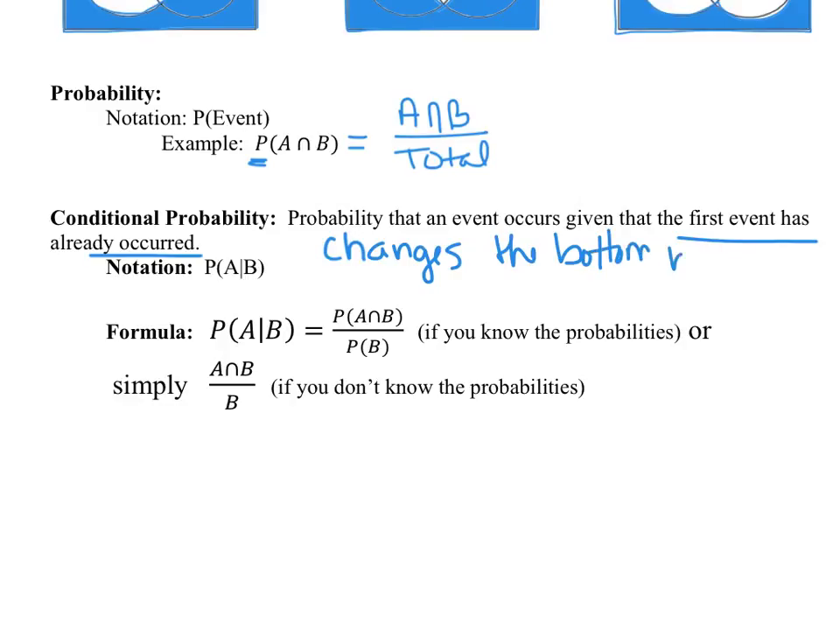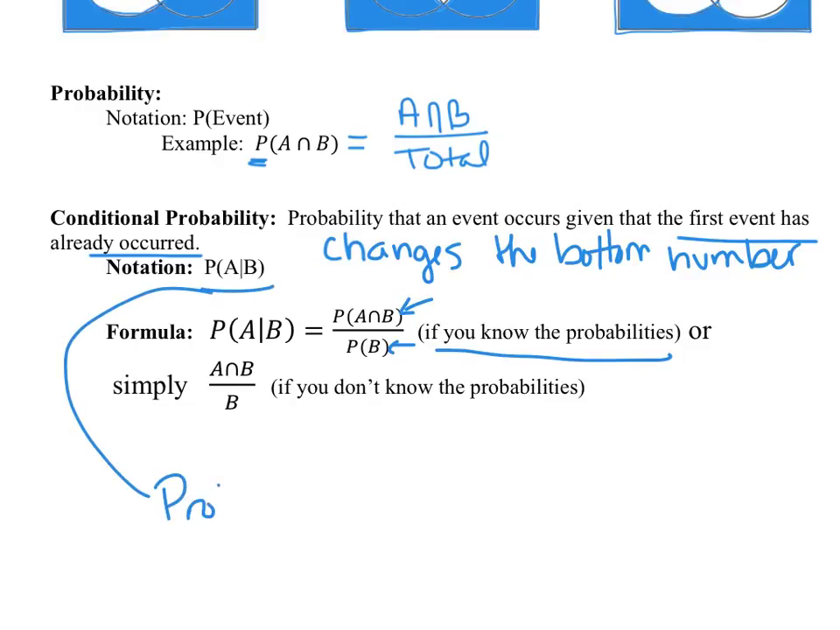The bottom number is no longer a total, and that's the easiest way I can point this out and show you how this works. There's two formulas. They're the exact same formula, but if you know the probabilities, it'll be something like this, and you can just put the probability of A intersection B over B. So this is, excuse me, the words, how you say this is you say the probability